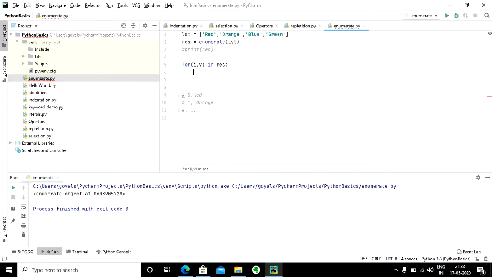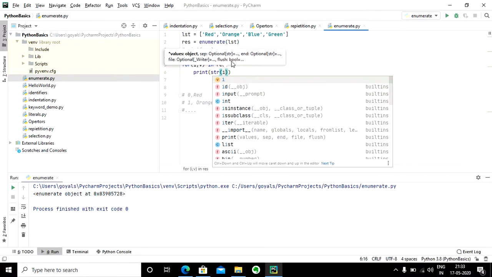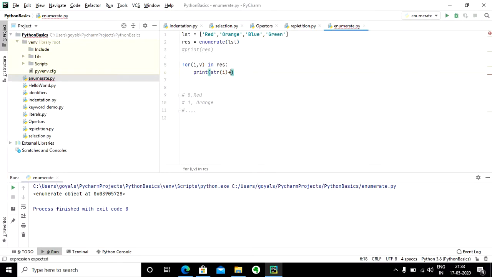If I execute this code and print str of index, plus a comma concatenated here, and let me add str of value.